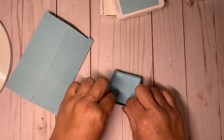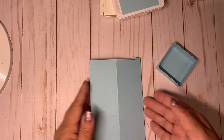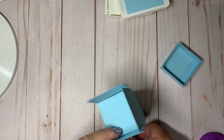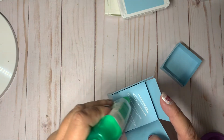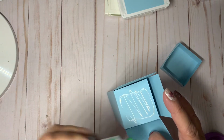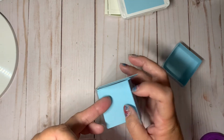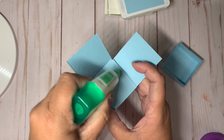Okay, there's that box. Now we're going to go back to this one. It's had time to set. The next step is to go ahead and glue down those bottom pieces that form the bottom of the box. So we'll fold one in first, add some glue. And on this step, you want to make sure that you do get as much on the edges as you can. So fold in the second flap,